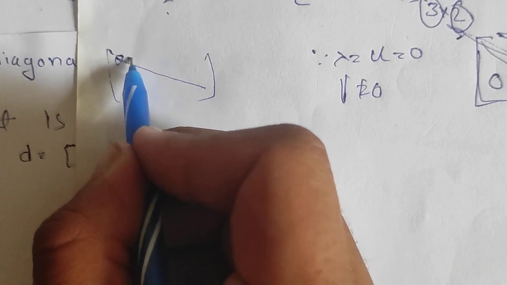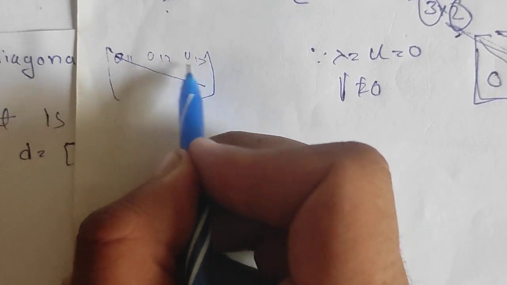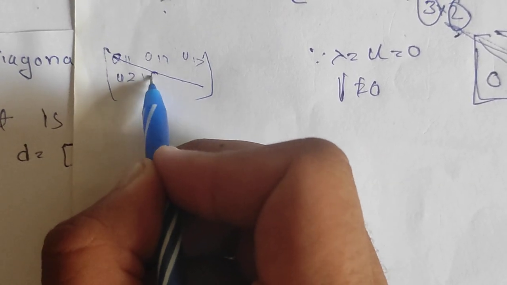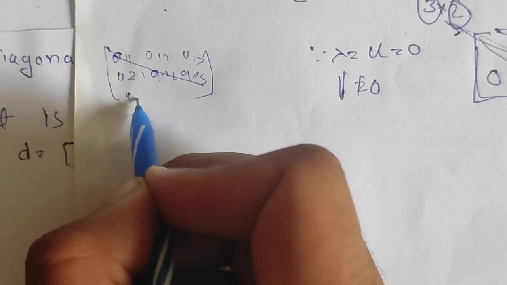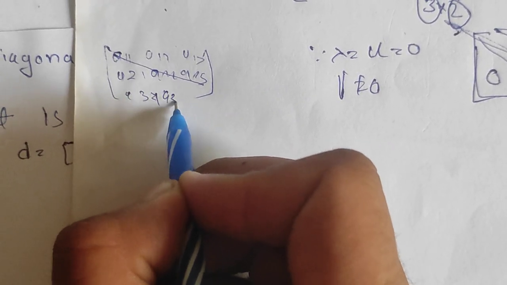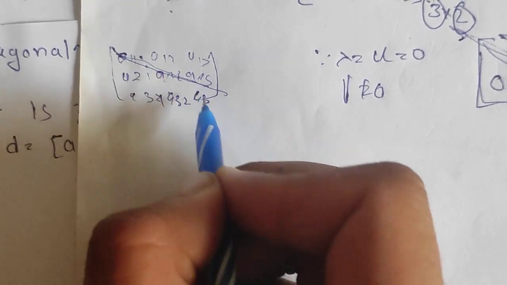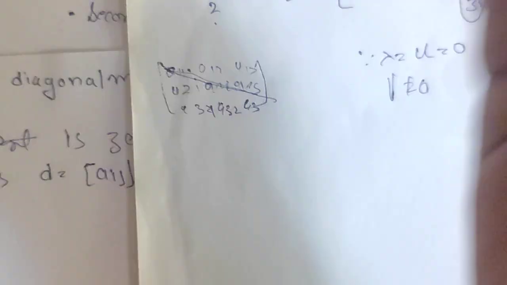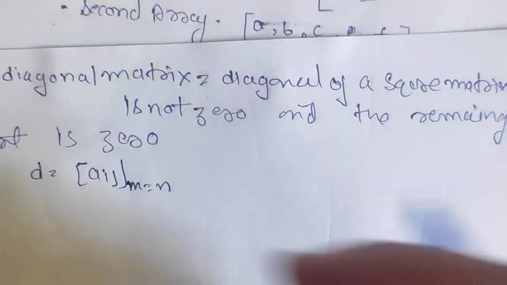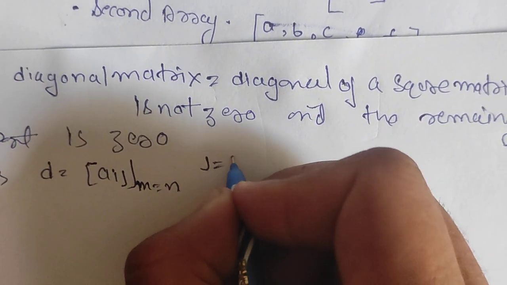This is for A11, A12, A13, A21, A22, A23, A31, A32 and A33. So the diagonal has the same i, j. That's why we got the diagonal, the upper part and lower part of it. So we can say that for i equal to j,